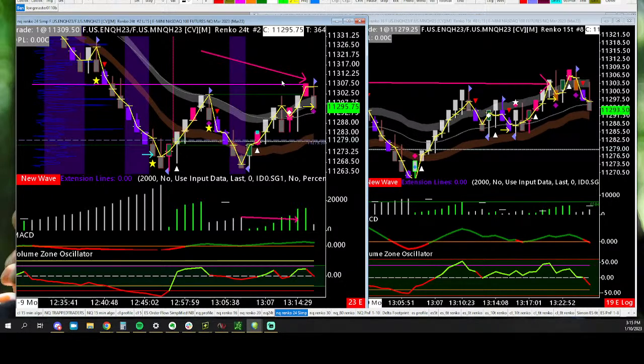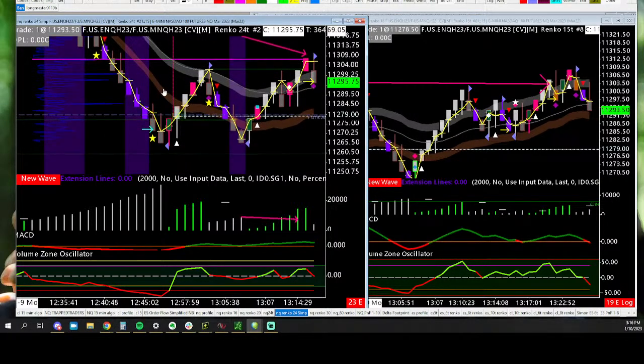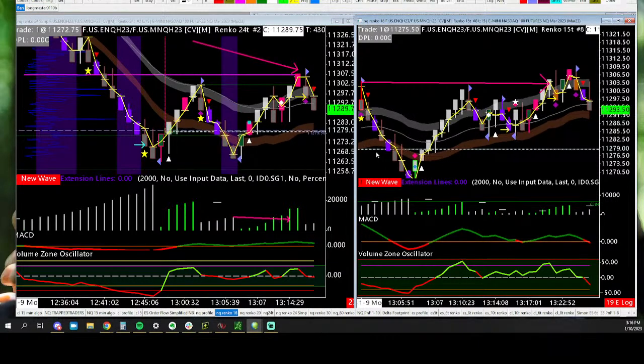I know it's a little confusing because the bulls are dominant on the higher time frame, and I thought that was supposed to be bullish. Unfortunately, when you have this scenario on the smaller time frame, it's just not ready yet. It does not mean that we must break the low, but it probably means we shouldn't be aggressively buying breakouts, right? So we should wait until we have both of these scenarios lining up, or we trap some shorts like